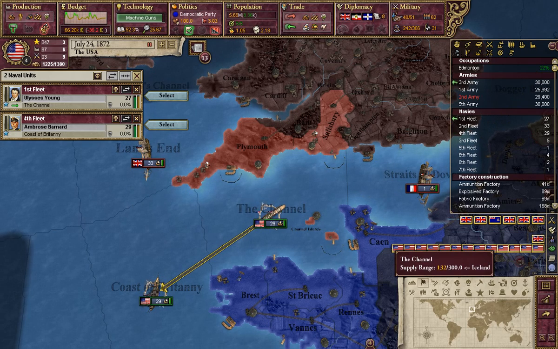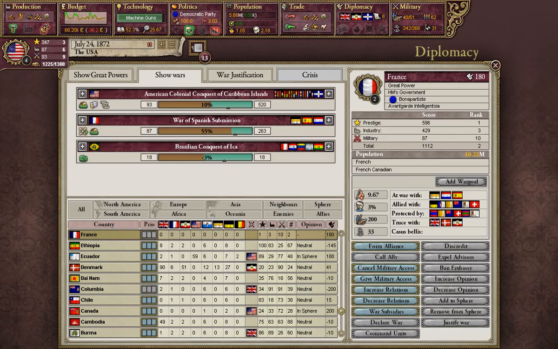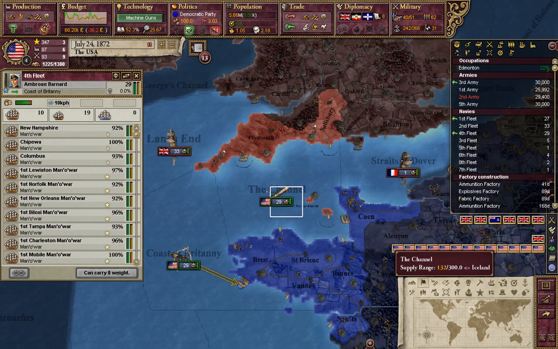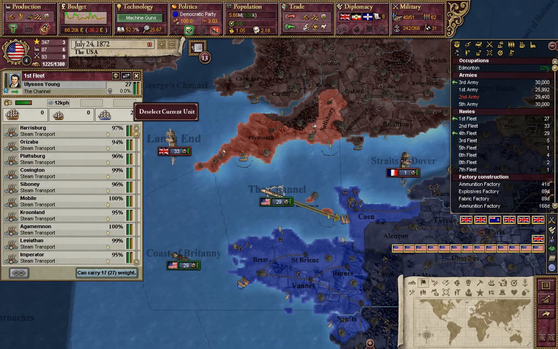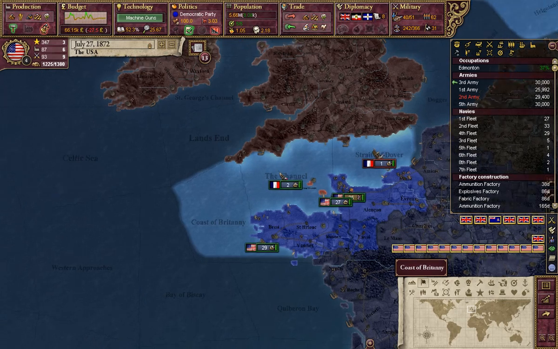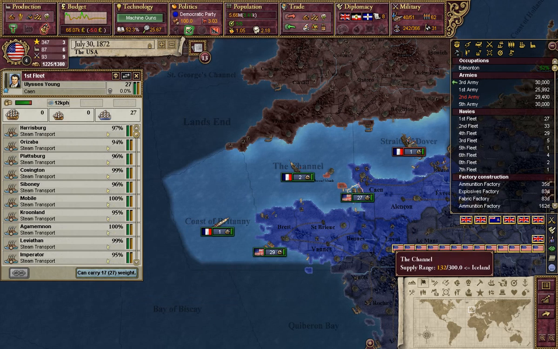That's not good. Can I have military access, France, please? Okay, we do. We have military access. Everyone, go to coast now. My plans have been halted. Okay. So we've been cut off by British ships. But...